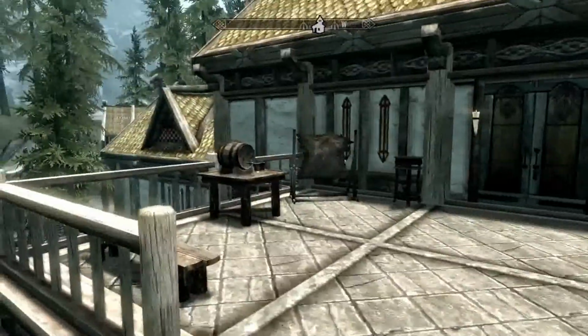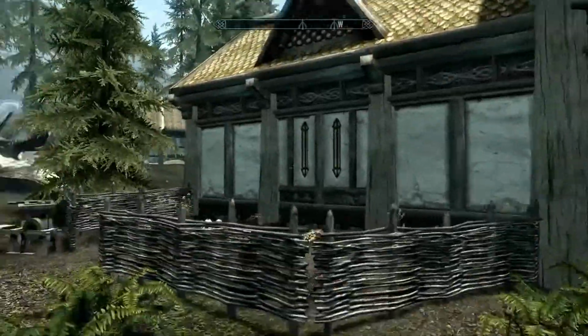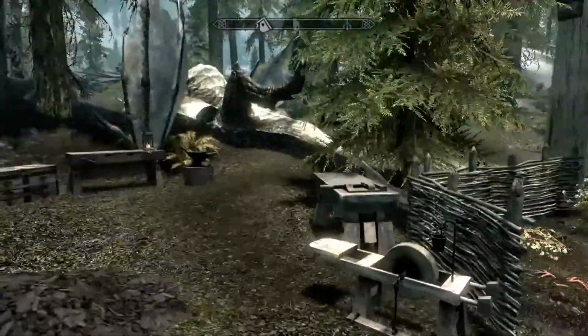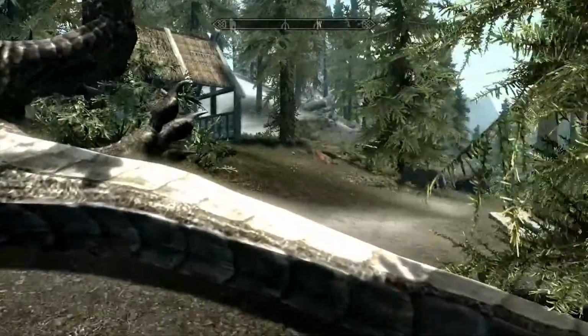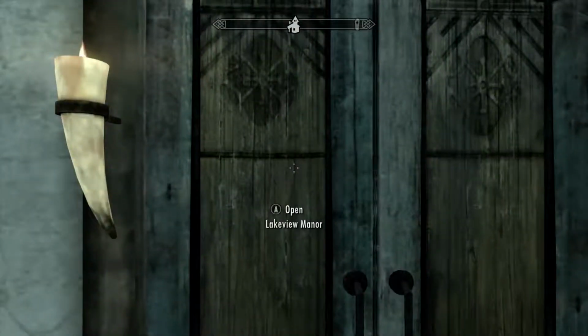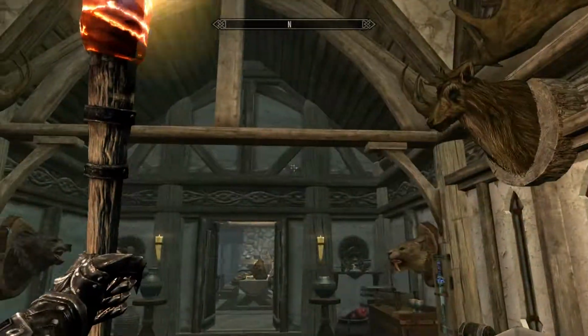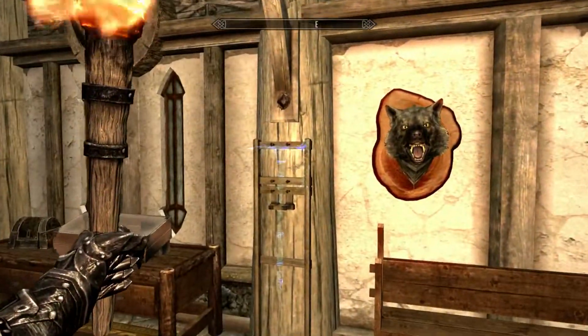Got a nice porch here with a little archery range, so you can get drunk and have some archer challenges outside. Maybe do a little William Tell type stuff. Let's go inside here. So this looks pretty much the same as the last one in the entrance area, although